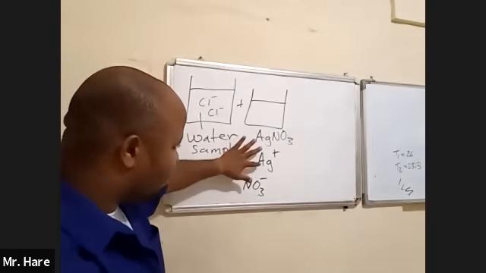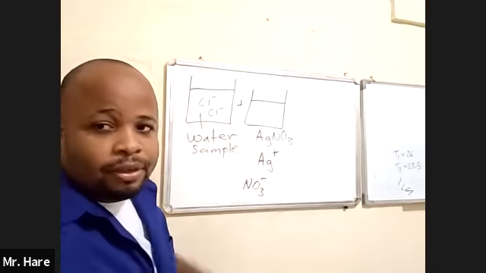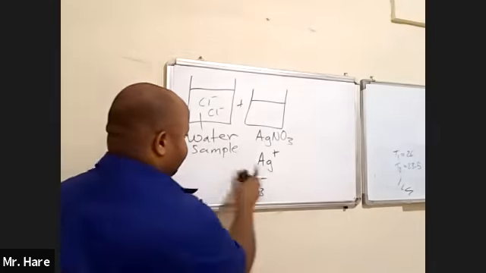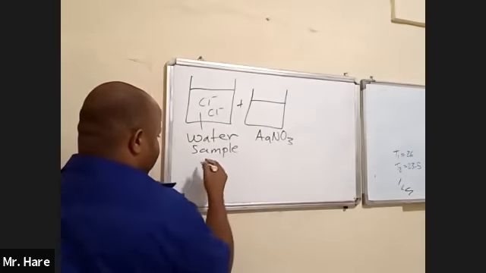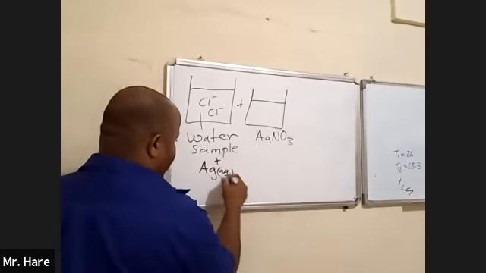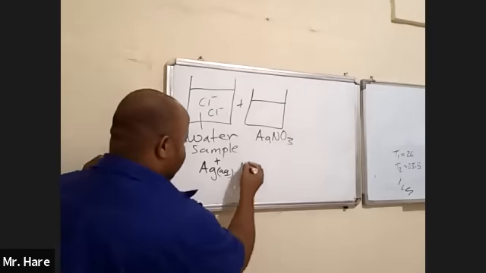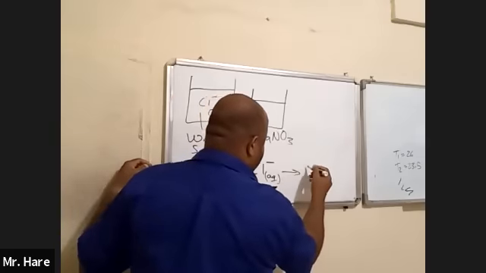The silver ion is separated from the nitrate ion. So what is going to happen? The silver ions will combine with the chloride ions in the water sample, and you will get a precipitate of